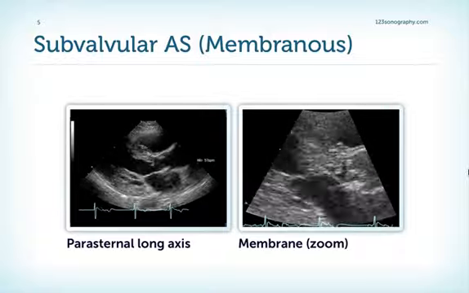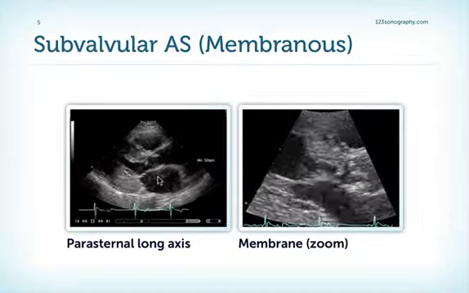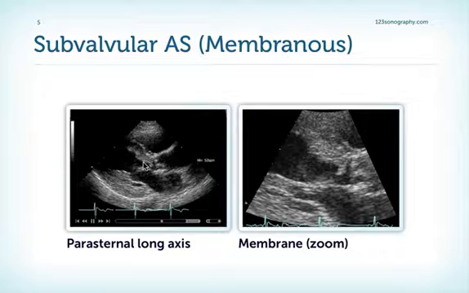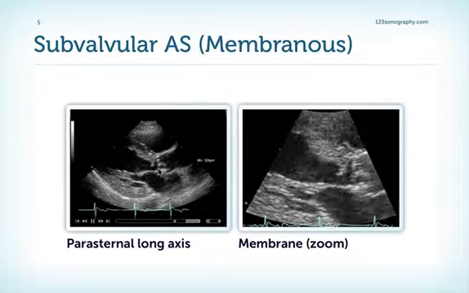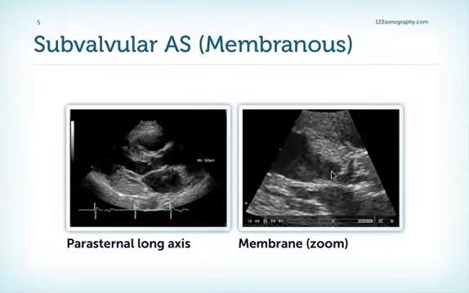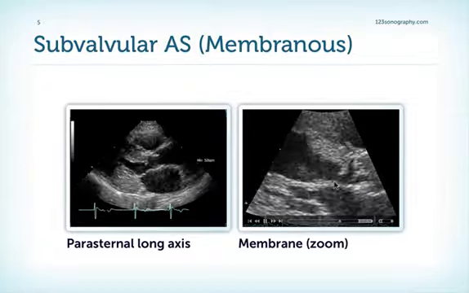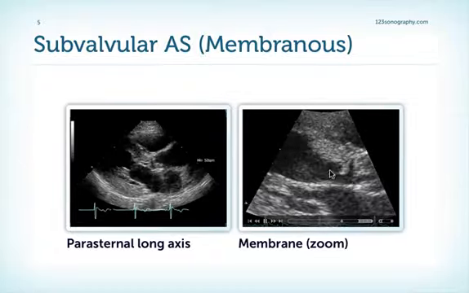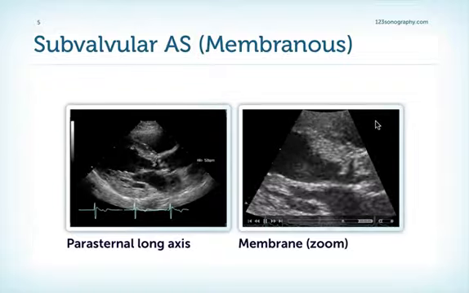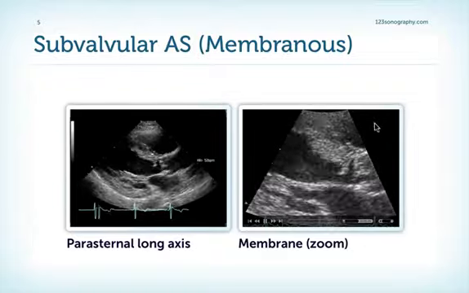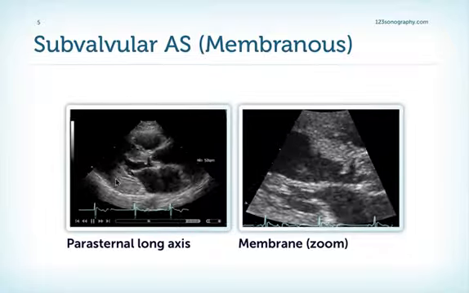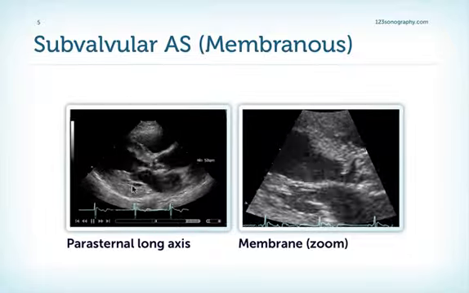Here on the left side in the parasternal long axis view, you can clearly see this thick membrane just below the aortic valve. Let's take a closer look. Here on the right side in the zoom function, you can see this thick membrane in the left ventricular outflow tract causing obstruction, and note also the left ventricular hypertrophy which has already developed in the left ventricle due